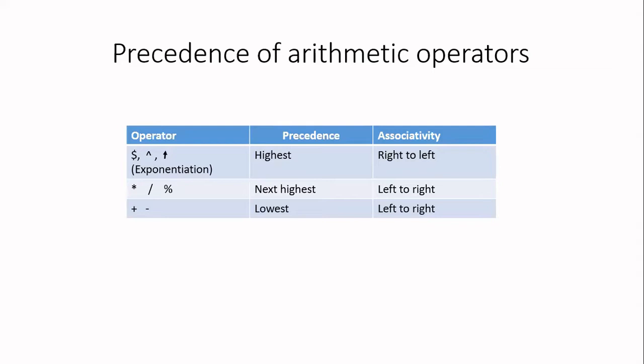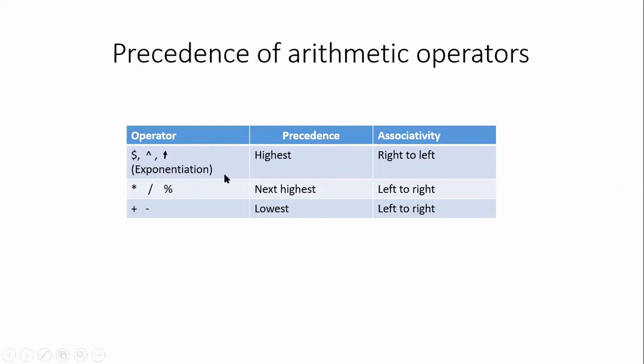We are going to write this algorithm only for arithmetic operators, not for all the operators, only for arithmetic. So in arithmetic, we have totally 5 operators: multiply, divide, percentage, plus, minus. In addition to this, we are going to consider exponentiation, because these are the most widely used operators in any expression. When you get the questions, exponentiation can be given either as dollar symbol or caret symbol or upward arrow.